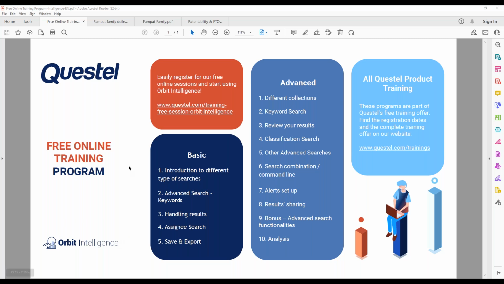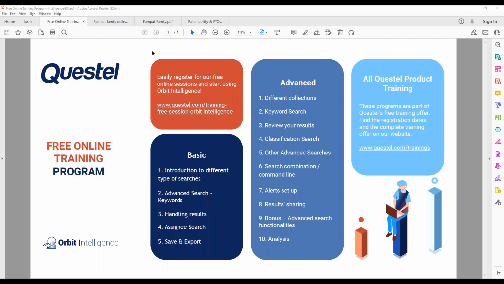Right. So the first point is about the different collections. The default database is called FAMPAT and has been developed by Questel mainly for the search of patents and grouping the results into families.